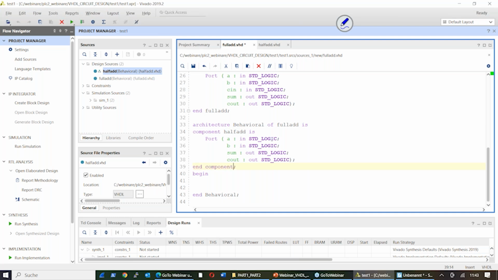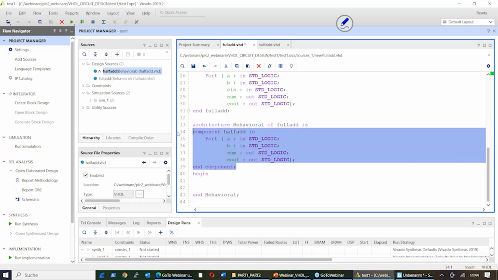Now, that's called the declaration. This means I will use it sometime later. I will use a half adder here. I already declared it. Okay, now